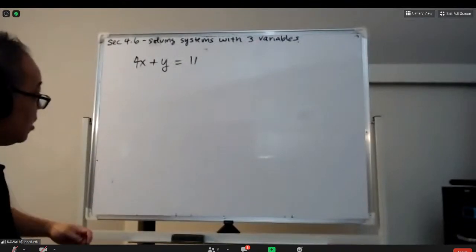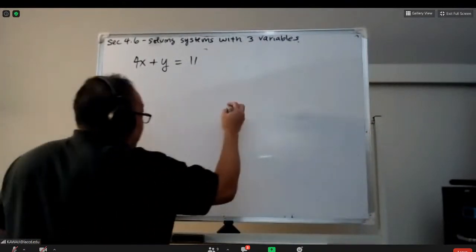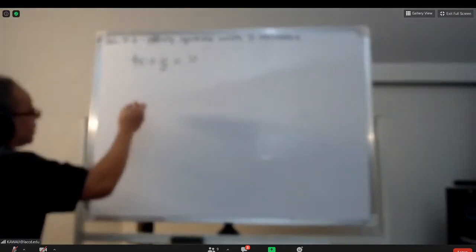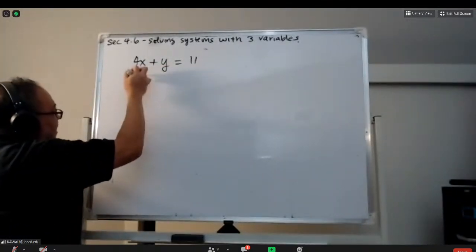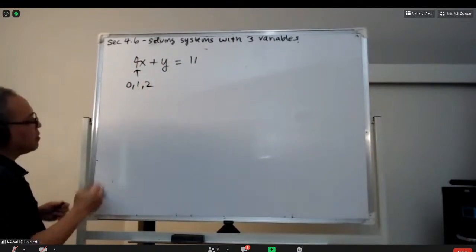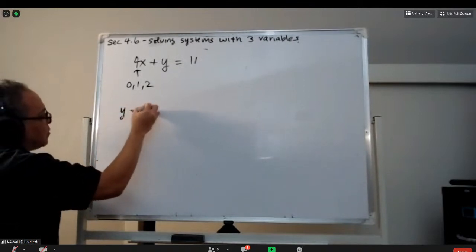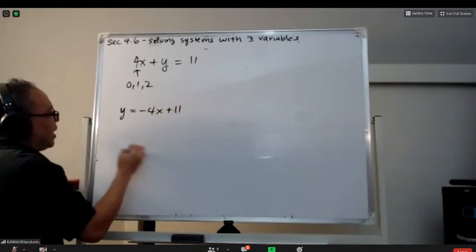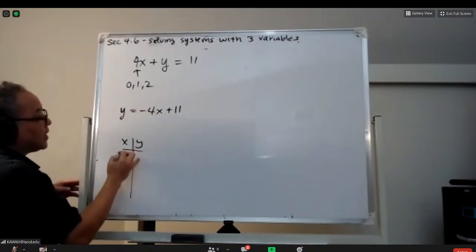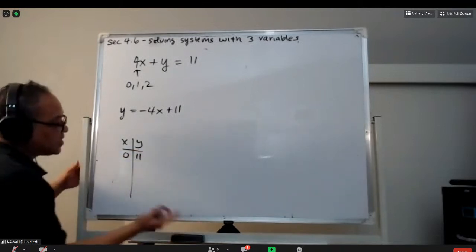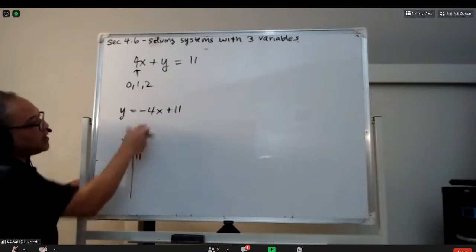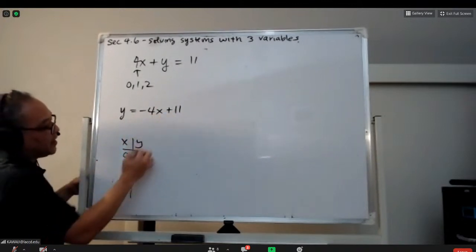Now, you could do one of two things. You can't do slope intercept because 11 is not in your grid, I think. The other way you could do it is, since you have y by itself, you can put 0, 1, 2 in there. So if I get y is equal to minus 4x plus 11, and I plug in 0, I get 0 and 11, and that doesn't fit because 11 is not in your grid. Your grid only goes to 10. But if I put a 1 in here, minus 4 plus 11, I get 7,